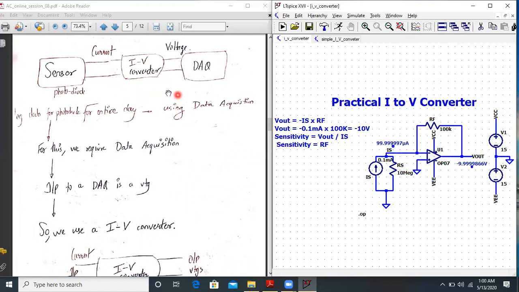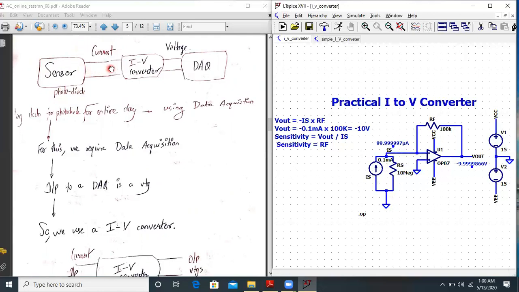So this is the answer to the question. In the earlier example, we saw a sensor which is a photodiode. We have seen how the photodiode works, and this photodiode is remotely placed somewhere where the light is continuously falling, and we are continuously measuring the photocurrent.